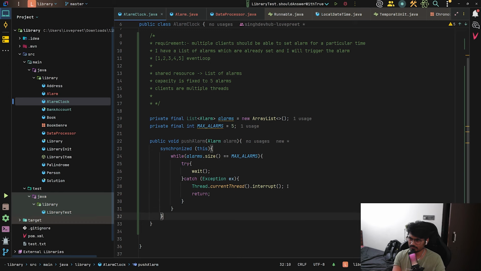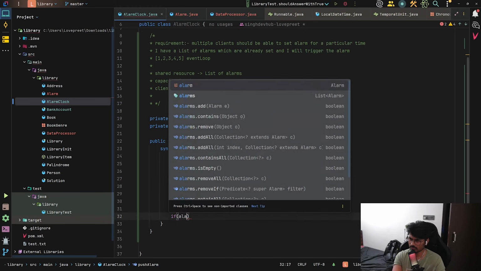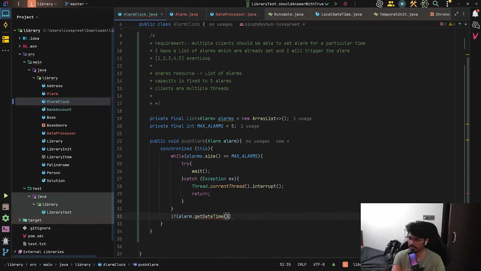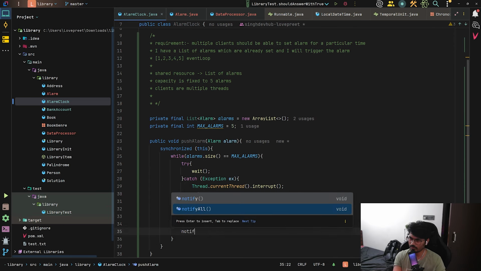Now after this while loop, what you will do is, you will do if getDateTime is after. So whenever someone is setting up the alarm, I want to make sure that he's not setting up the alarm in the past, right? So I am making sure that whoever wants to set the alarm, that alarm's date time is after my current date time, in the future. Only then I will be able to trigger the alarm, right? So what I will do is alarms.add, and I will add the alarm, and then I will do notifyAll,